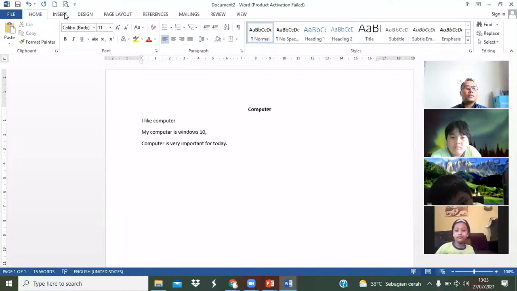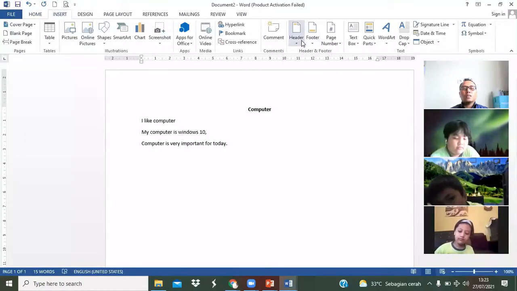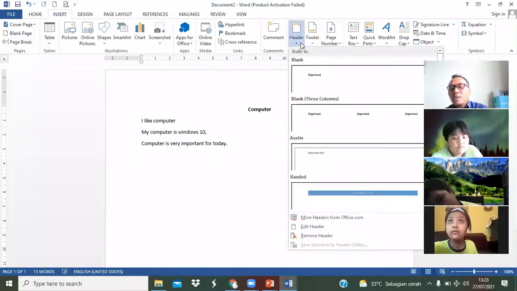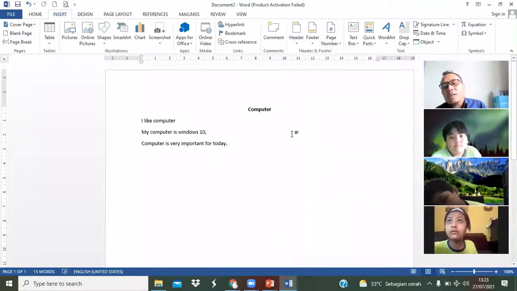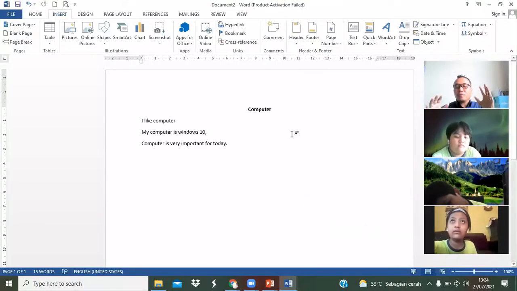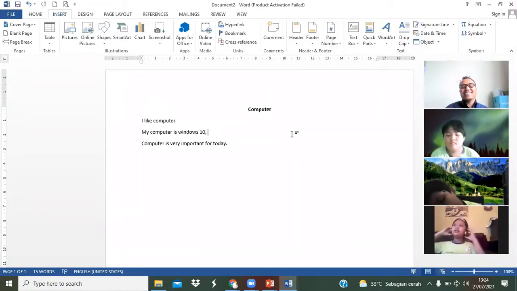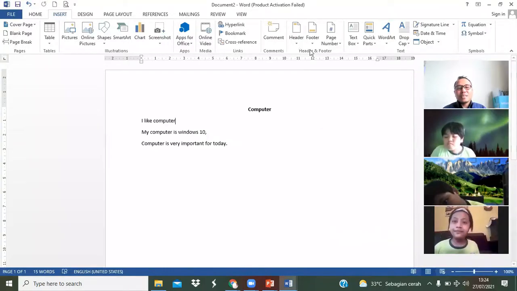Click this one, insert. Header, this one, yeah, click. Okay, student, I remind you again, yeah, if you have laptop now, you have computer, you can turn on, you can follow me the step. So after finish, you can send the assignment to me directly. Kan easy, ya kan? Okay. Student, header.